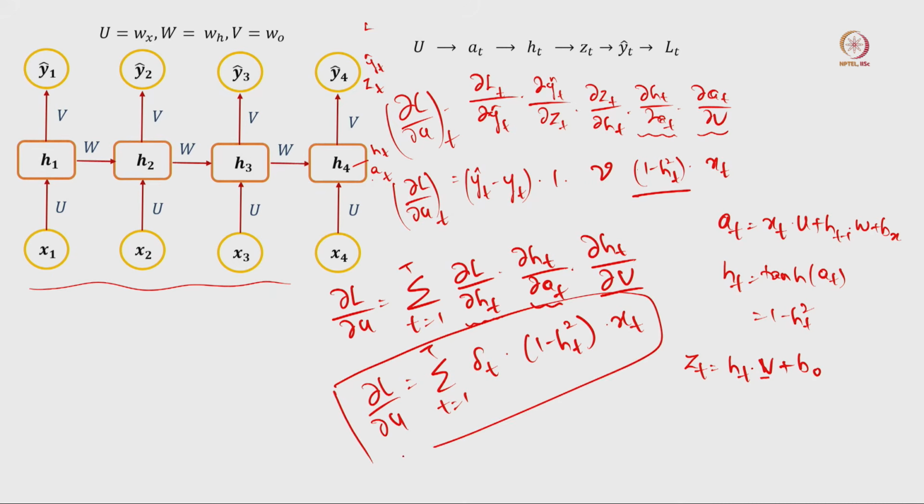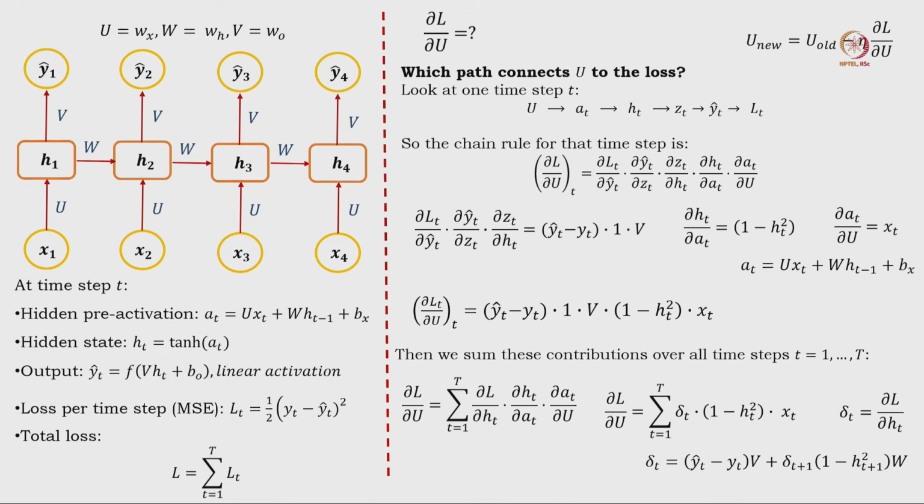Now, you should be able to recall what is delta t, the big formula we have seen. It is (y_t hat minus y_t) multiplied with V plus delta, and you have one more term, 1 minus h_(t+1) squared, W. Although it looks heavy, it is neatly written in the upcoming slide. Whatever we have seen handwritten, you can see here. This is backpropagation through time, where you are updating the weights V, W and U,